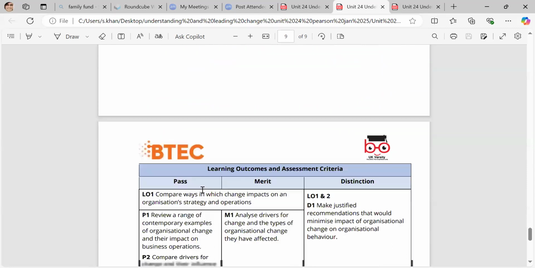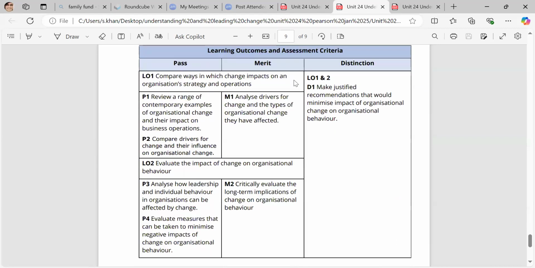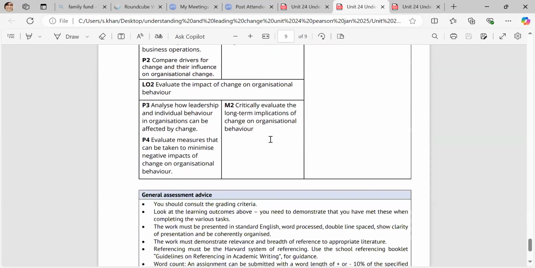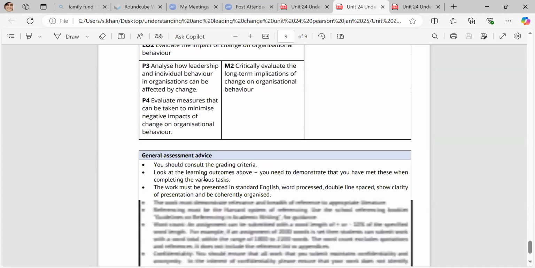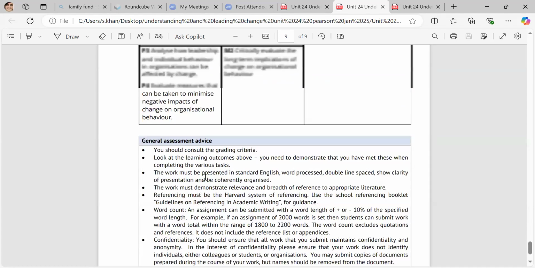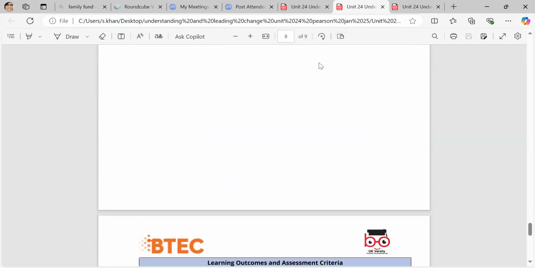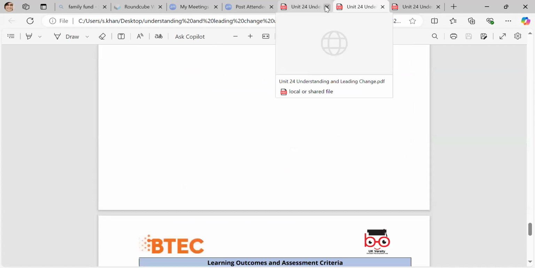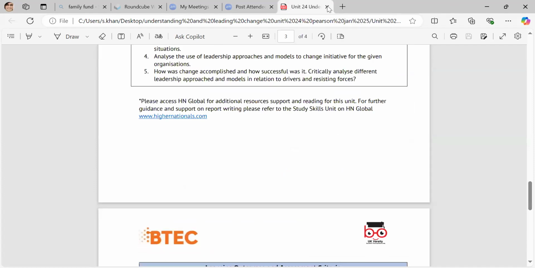So that's assignment 1. It gives you the learning outcomes criteria, which we went through, that you need to get for learning outcome 1 and 2. And then it gives you general assessment advice, which we'll go through when it comes to it. The second assignment, I'll just go through the second bit of the assignment. So there's 2 assignments. There's part 1 and part 2. There's 1 and 2, okay? And the second bit of the assignment is